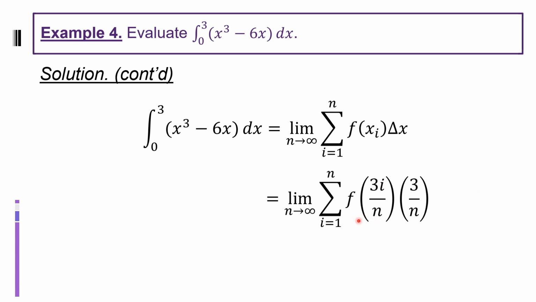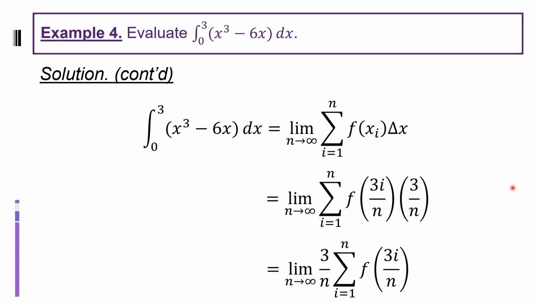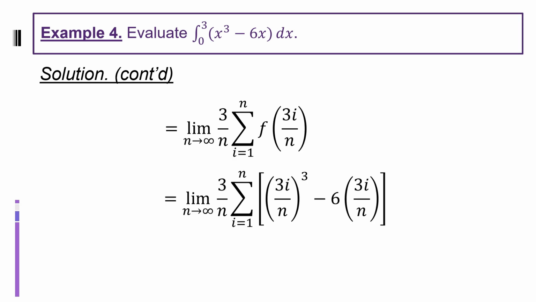Kasi ito yung length natin, di ba? At ito yung ating width. Or, pwede natin ilabas yung 3 over n. We have the limit as n approaches infinity of 3 over n times the summation of f of 3i over n. So with that, pwede na natin ngayong kunin yung value ng f of 3i over n, which is 3i